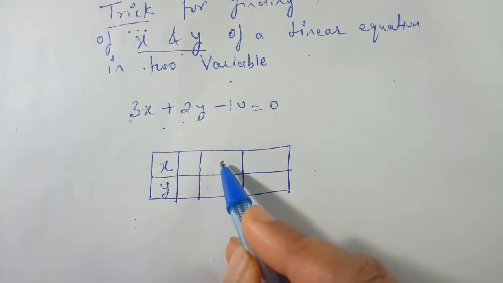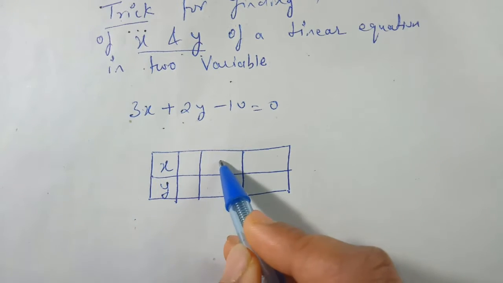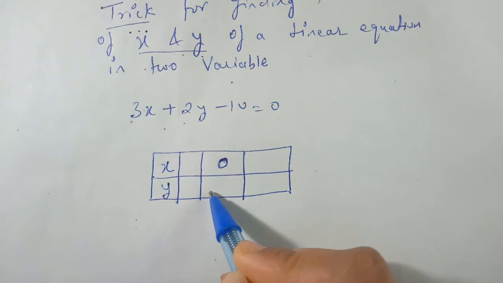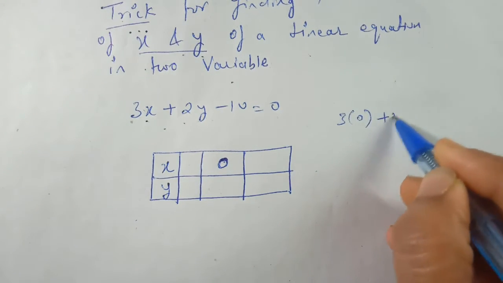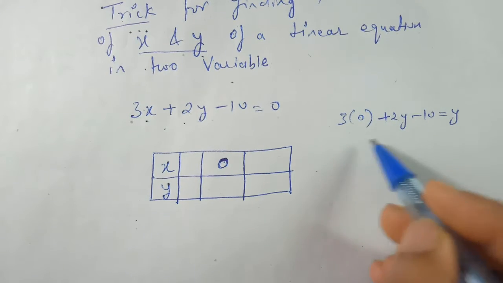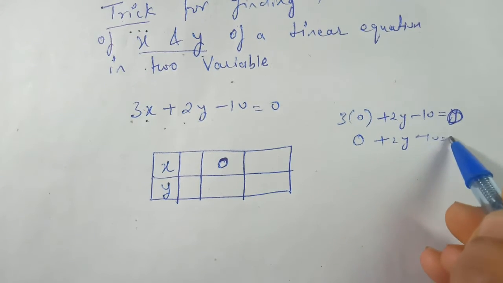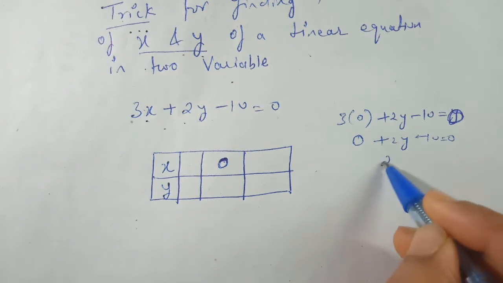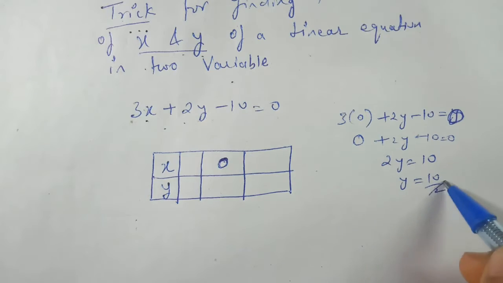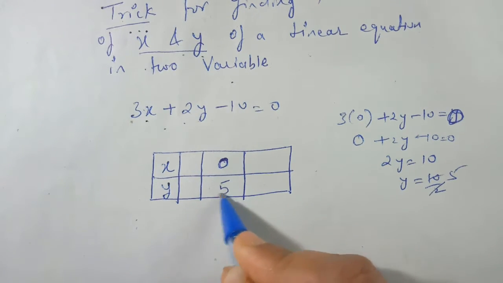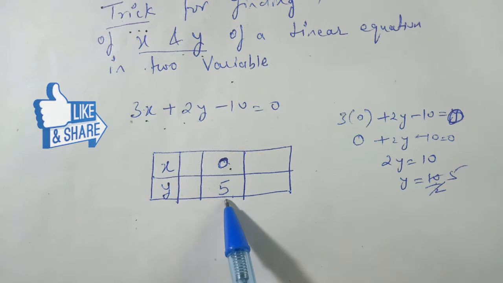So the condition is that in the middle you have to take the value of one of the variables as 0. So we are starting with the variable x. Let us take the value of x equal to 0. Now if we put the value of x equal to 0 in this equation and find the corresponding value of y, this will become 0, minus 10 equal to 0, transpose minus 10, 0 will be removed, 2y equal to plus 10, and 2 will move to the division, and this will give 5. So one value you have to find: take one of the variables equal to 0 and find the corresponding value. So one value we have found.